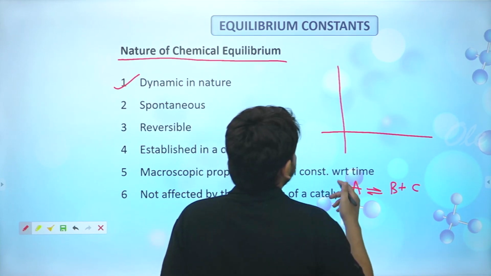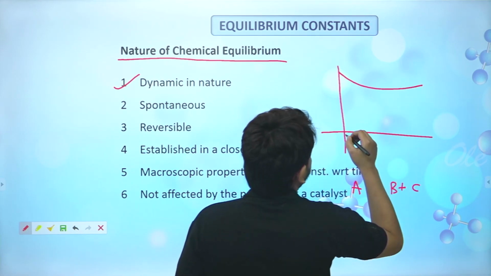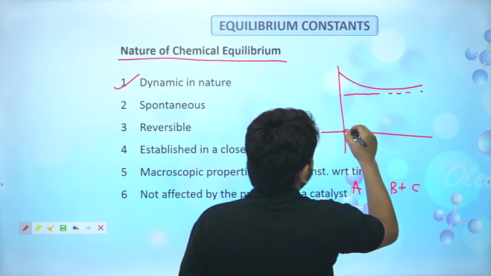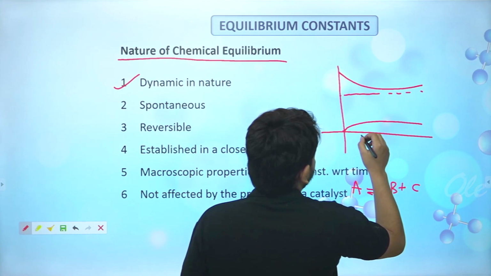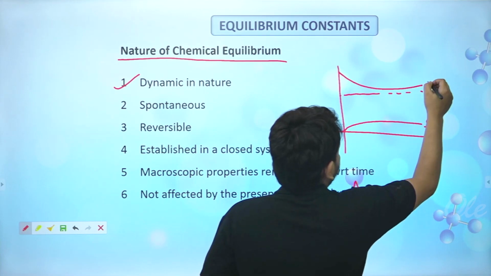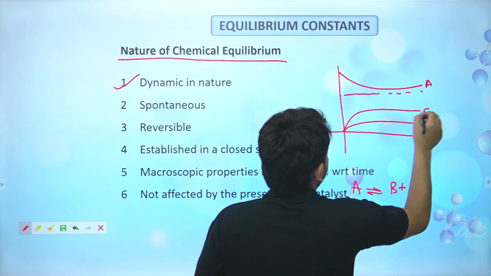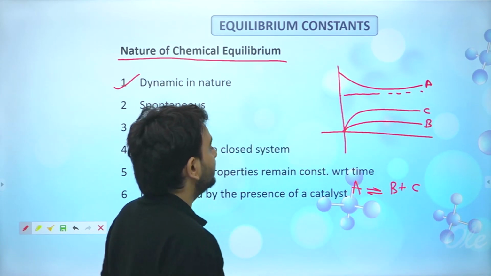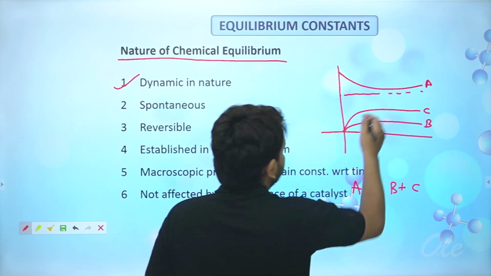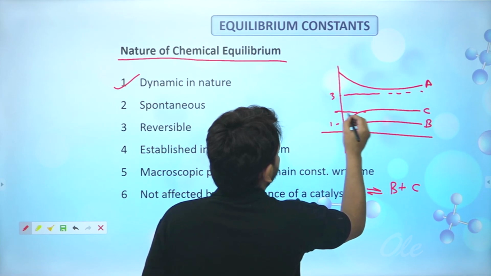So let's say it's been given that the reactants go like this, and they reach equilibrium. About the products, it's been given that it goes like this. The first one goes like this, this is B, this is A, and the third product, this is C, somewhere over here, and it reaches an equilibrium. So guys, if you had to write the stoichiometric coefficients, if it was given that this is 3, this is 1, this is 2,